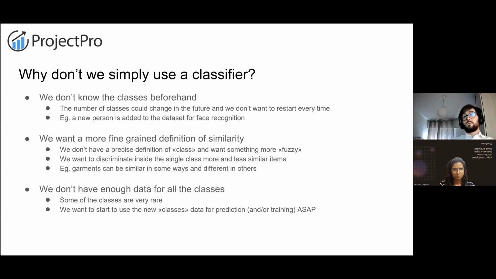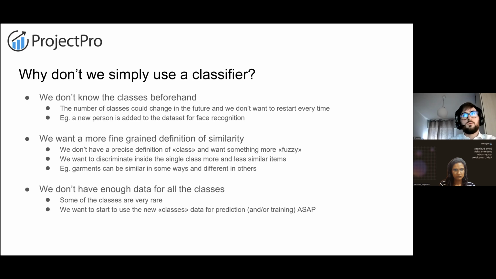And maybe we go to very distant images where in one we have a pair of shoes and in another we have a hat or something like that. So we have all these degrees, from very similar to very different, and all the cases in between, that classifiers in general cannot handle well.